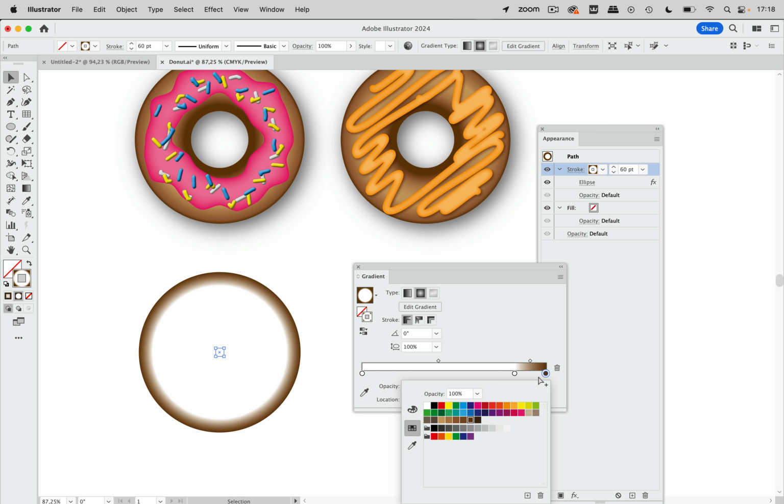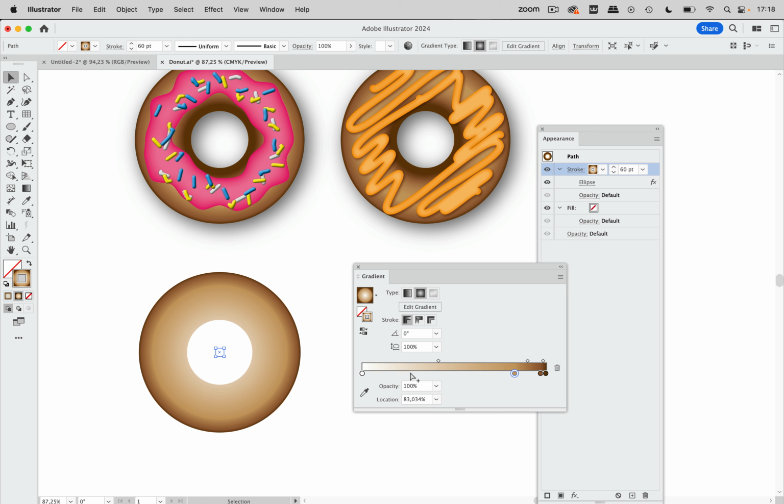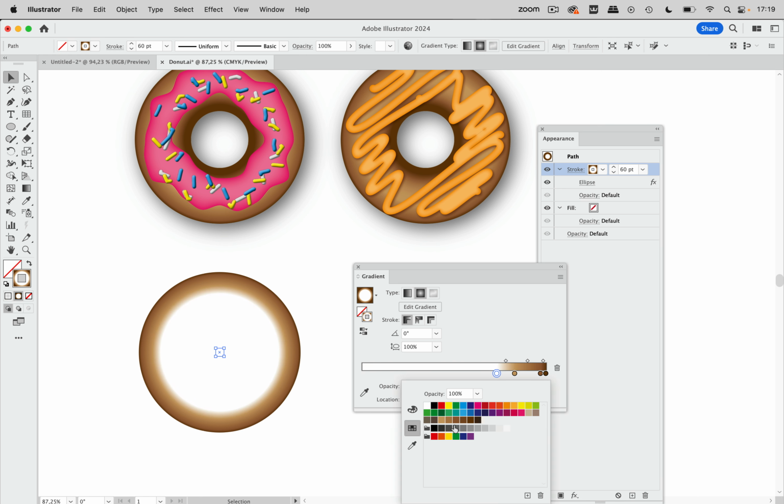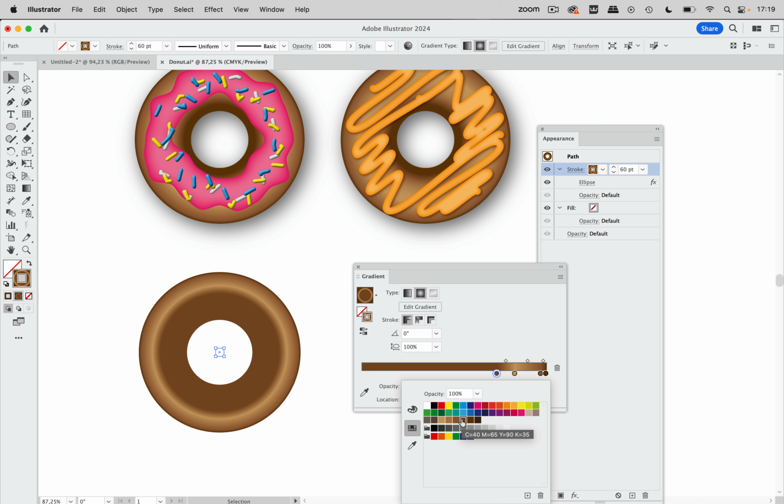So this will be a dark brown, and then let's set another stop right next to it and set this to a lighter brown. And then let's set this as well and set this to an even lighter brown. And then I'm going to use this one like here, and then it will get darker again like this. And maybe we can set this further to the left,